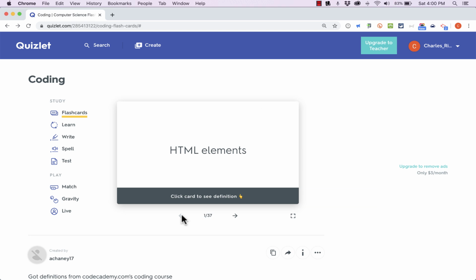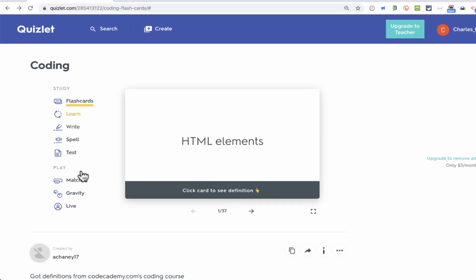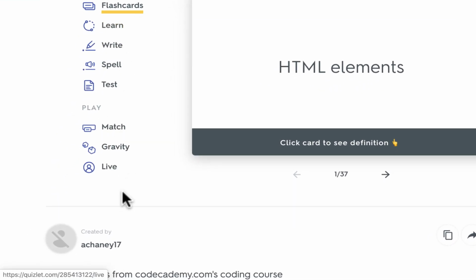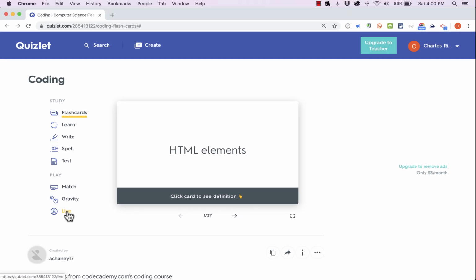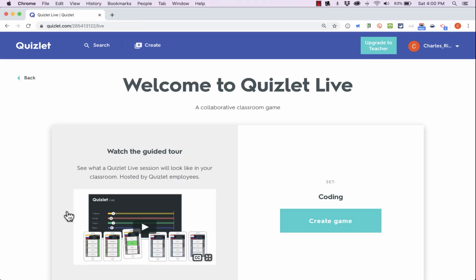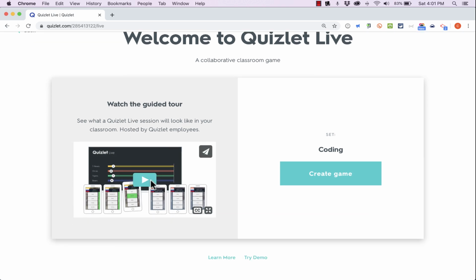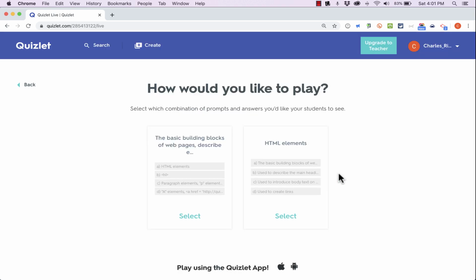Now you'll notice that even though this is a flashcard deck, just like what I pulled up a few minutes ago, because I am now signed in to my free account, there's an additional option here in my list, and it's Live, Quizlet Live. So I'm going to go ahead and click that button, and it pulls up this page, Welcome to Quizlet Live, a collaborative classroom game. There is a guided tour. You can watch this video to get more help if you'd like, but I'm just going to click Create Game,